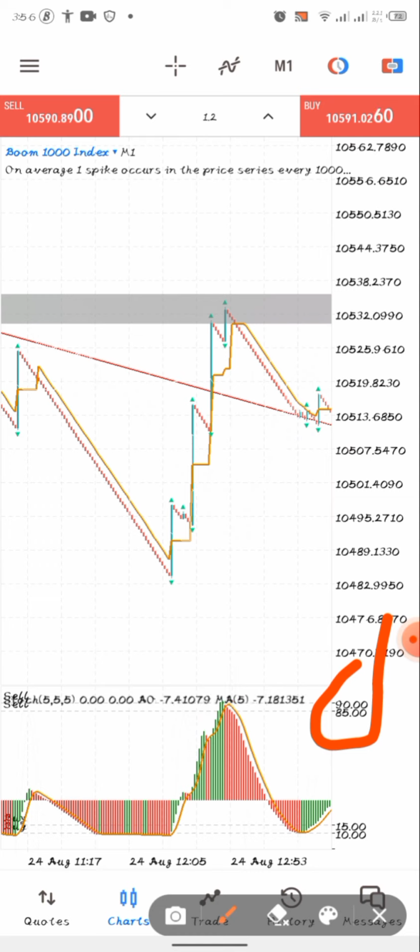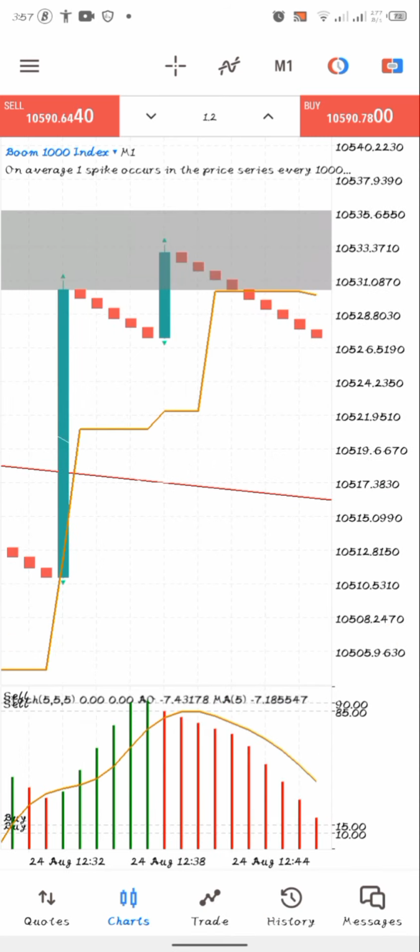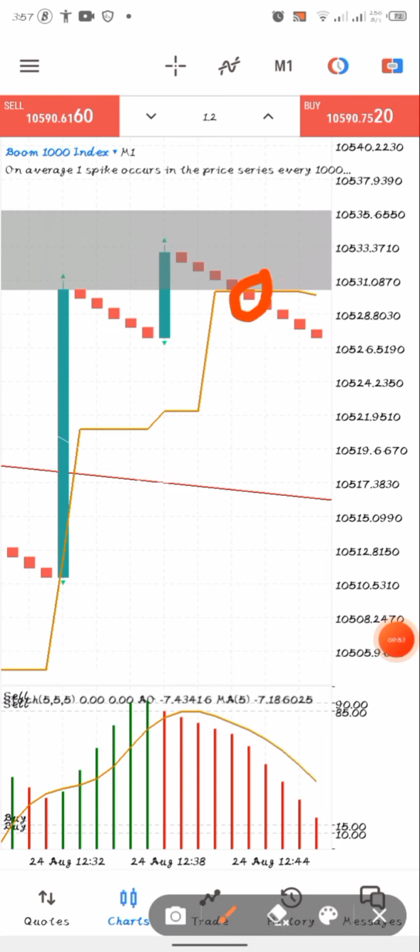Now, the confirmation you need to see in your main chart is that you have to first let the price move below the Ichimoku. Let me zoom out so you guys can see. You can see a candle. This is the candle that moved below the Ichimoku,